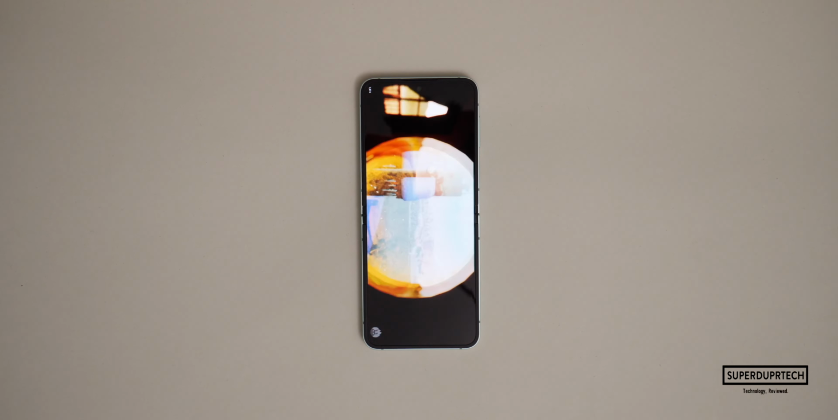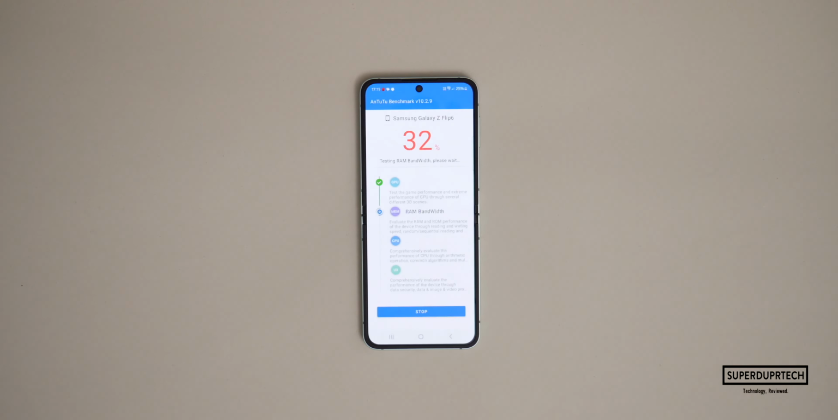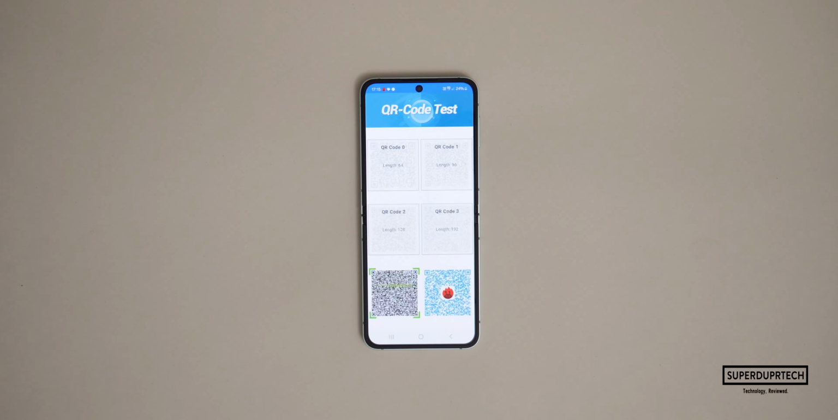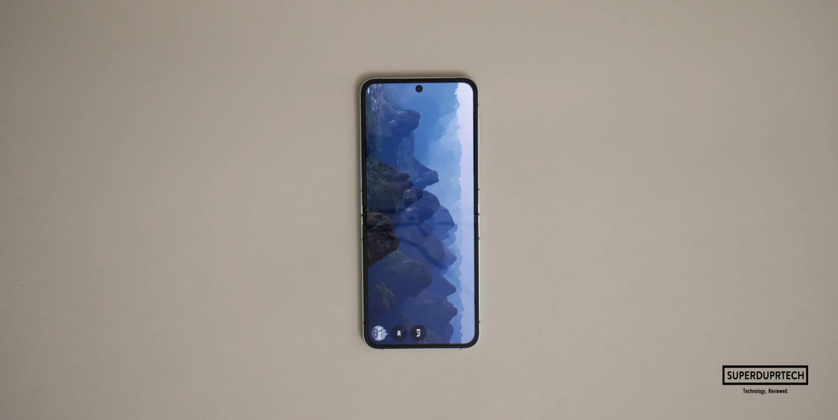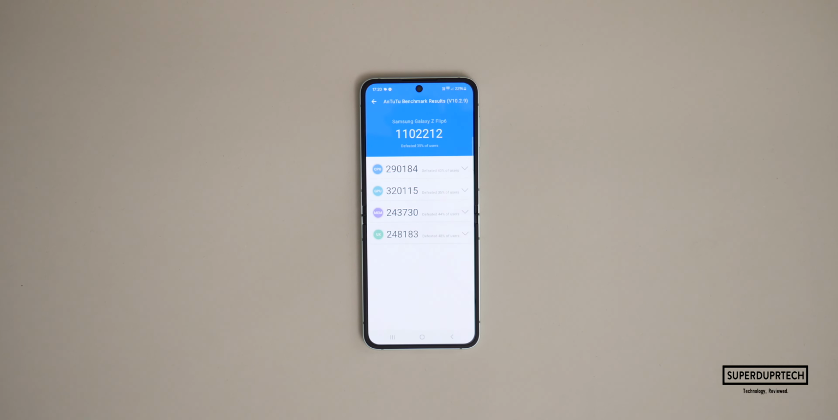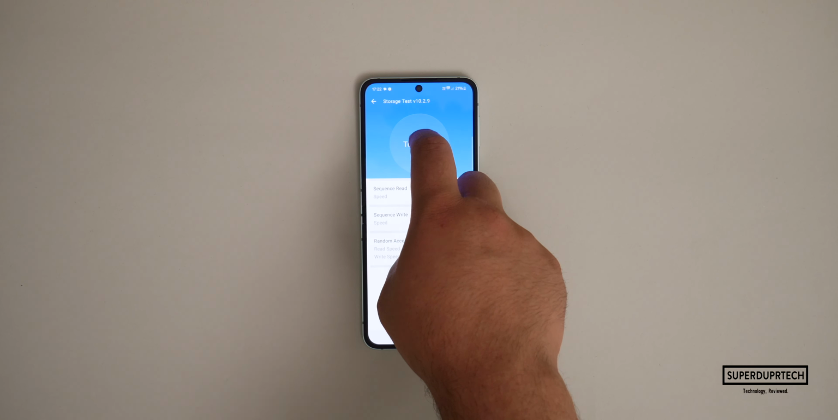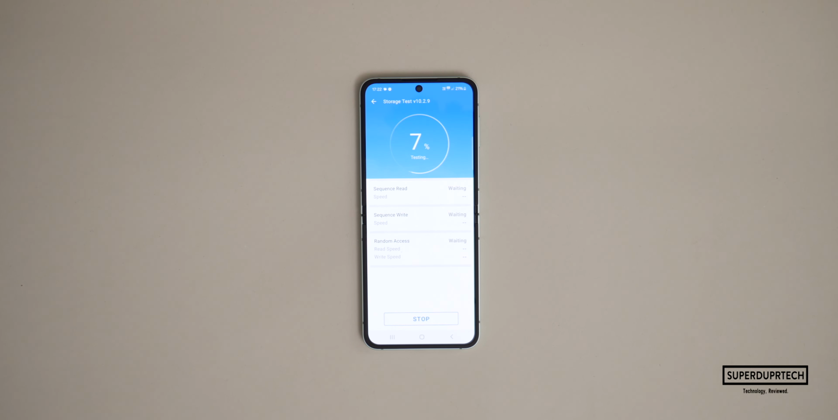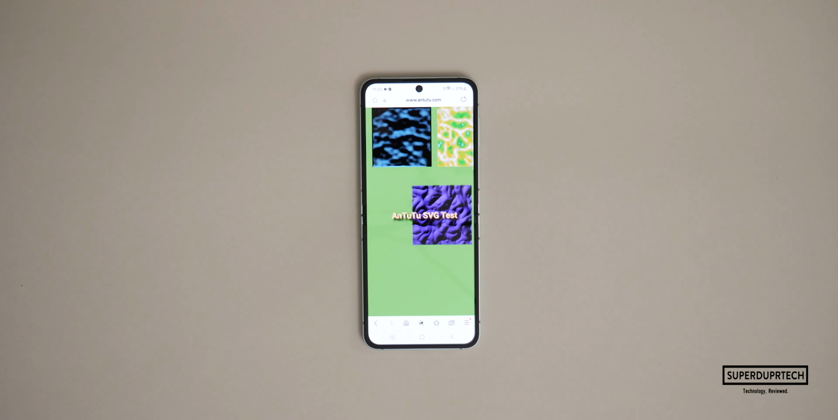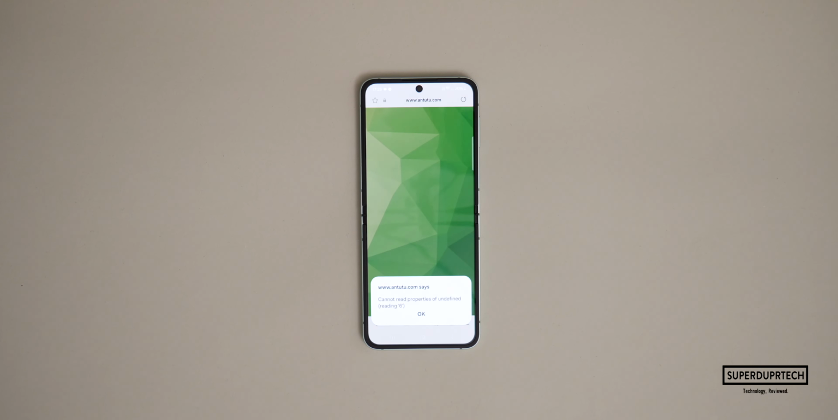I then ran a series of different tests from Antutu, and when starting off running the graphics benchmark, I got a score of 1,102,212. And when it comes to running the Antutu storage test, I got sequential read speeds of 3,447 megabytes per second with sequential write speeds of 3,038.7 megabytes per second. I also got random read speeds of 1,634 megabytes per second with random write speeds of 1,210 megabytes per second. I also ran the Antutu HTML browser benchmark, and when running this test, I got scores of